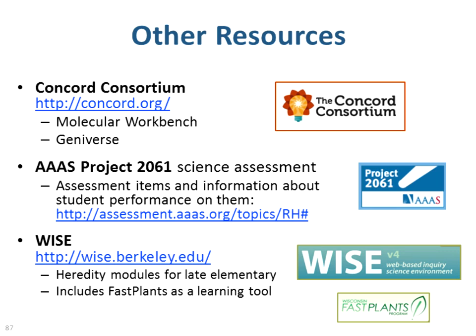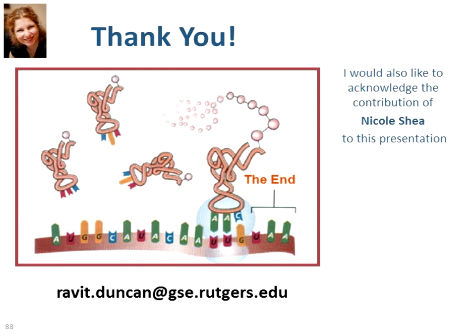And the last resource is WISE. WISE comes to you from Berkeley. The latest version of WISE has I don't even know how many different learning environments and curriculum materials, but there are also some in genetics. And one of the researchers that works on that is Michelle Williams, and she has units on WISE for 5th graders using Wisconsin FAST plans. So those of you that are teaching elementary and are wondering, what do I do about the standard? That's a really good resource right there. The Berkeley WISE, Michelle Williams is the investigator, and they use Wisconsin FAST plans, which are just all around wonderful.